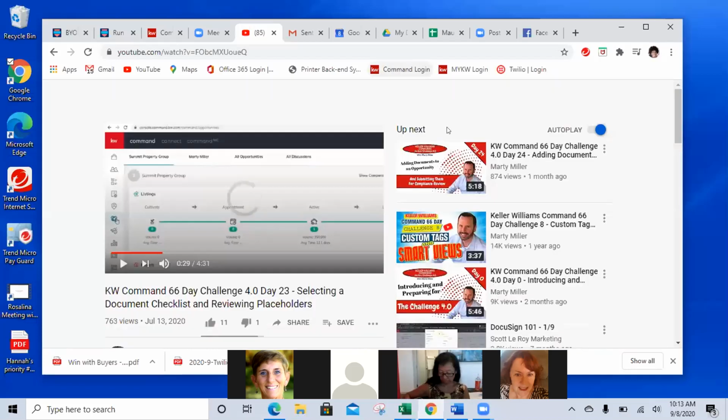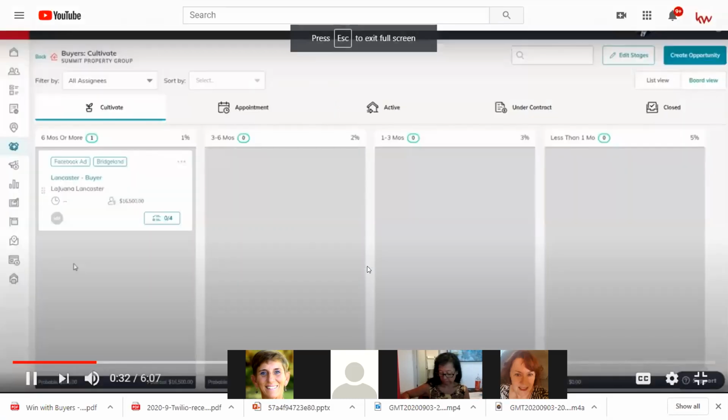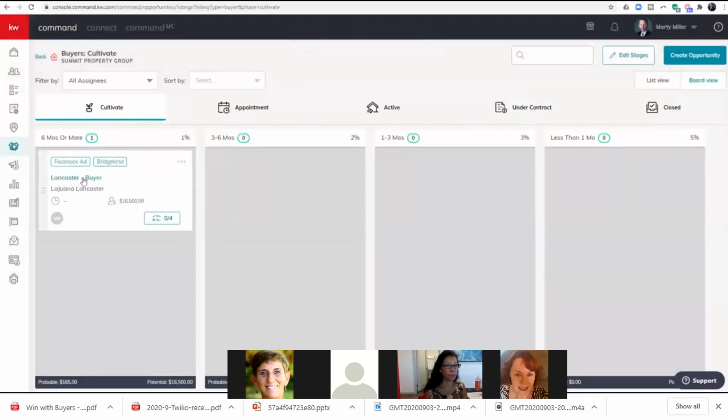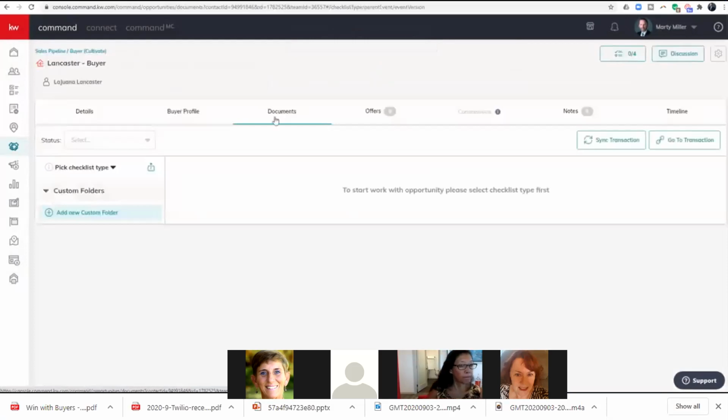Let's do this. Pull up the opportunity that we want to manage documents for. So today we're going to talk about checklists. First thing we need to do is get into our actual opportunity here and choose our Documents tab. The first process in submitting for compliance review is to choose the correct checklist type that applies to your